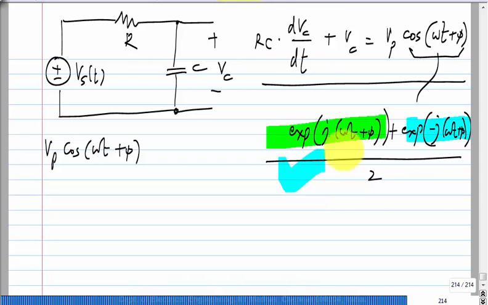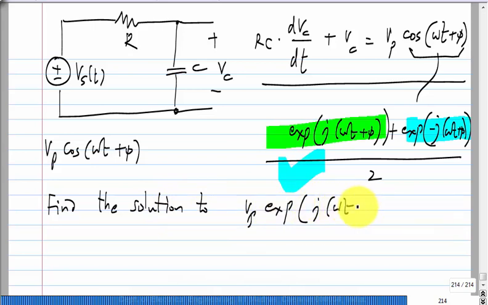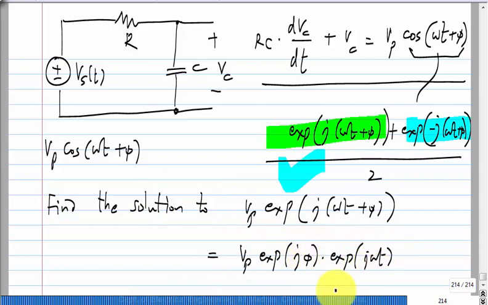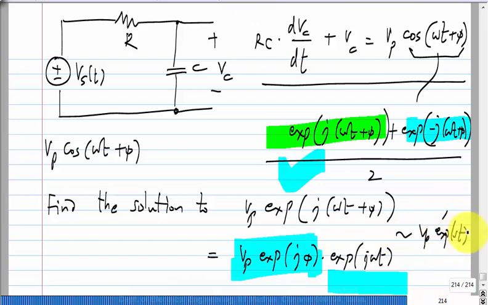So what we have to do is find the solution to Vp exponential j(omega t plus phi). Remember, inside it is not of the form exponential st, but this is just a scaling factor, which is Vp exponential j phi, times exponential j omega t. So now this becomes the scaling factor for this exponential. So this is of the form Vp exponential st, or maybe I will call it Vp prime, because this Vp is different from that. You find that